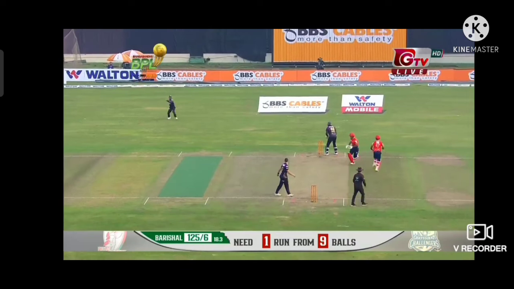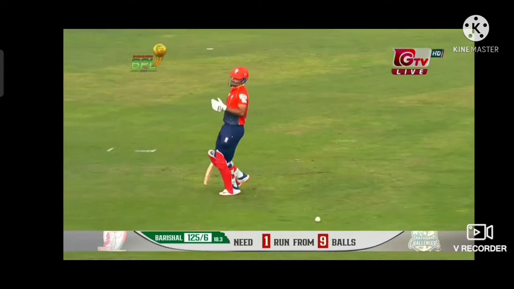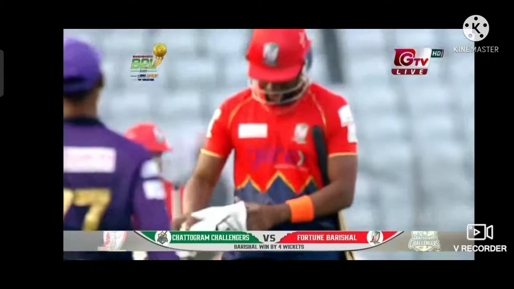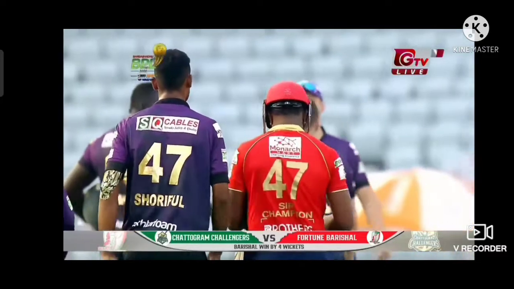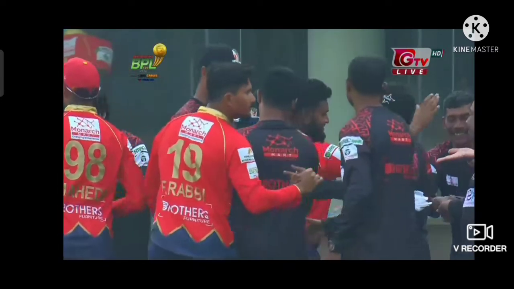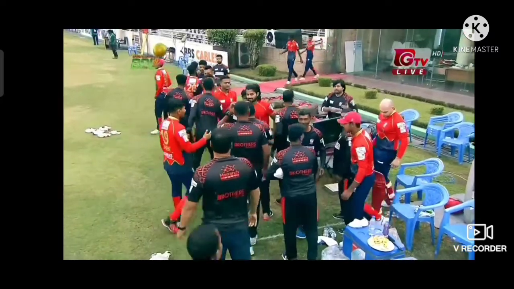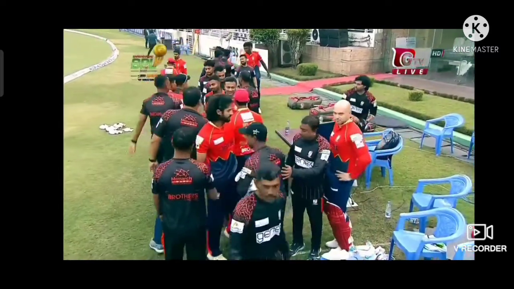That's it. Is that the case? Yes, it is. It's over. Fortune Barishal win, and win by 4 wickets. First victory in the first encounter with the Chattogram Challengers. DJ Bravo unbeaten on 12, making sure that he stays there till the very end. Khalid Mahmood, the head coach, must be a very happy coach. High fives all around, and why not? Points on the table, and their first win by 4 wickets. Well, yes, a comfortable win in the end. And if you believe in Feng Shui or affirmations or